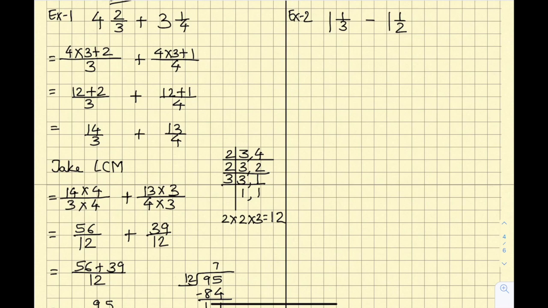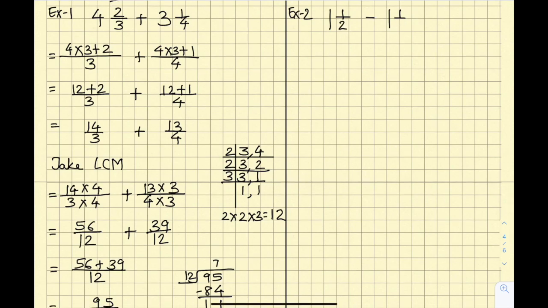Let us solve example number 2, where we have the fraction as 1 1/2 minus 1 1/3. So here we first convert the mixed fractions into improper fractions. So 2 as it is in the denominator and 3 as it is. 2 multiplied by 1 plus 1, 3 multiplied by 1 plus 1. 2 ones are 2 plus 1 over 2 minus 3 ones are 3 plus 1 over 3. 2 plus 1 is 3 over 2 minus 4 over 3.